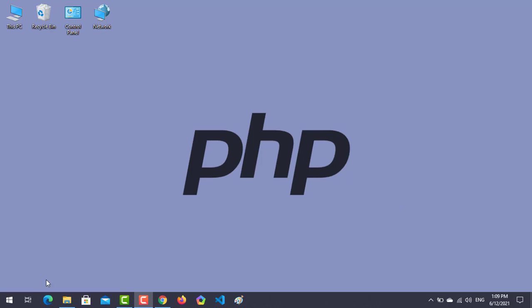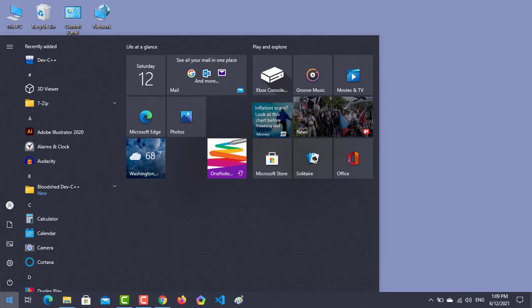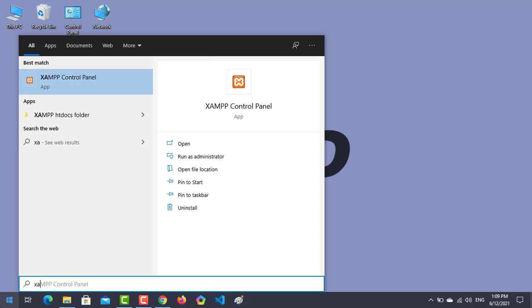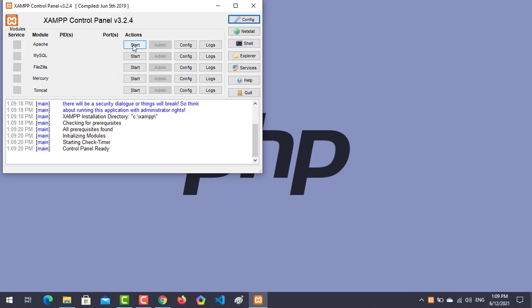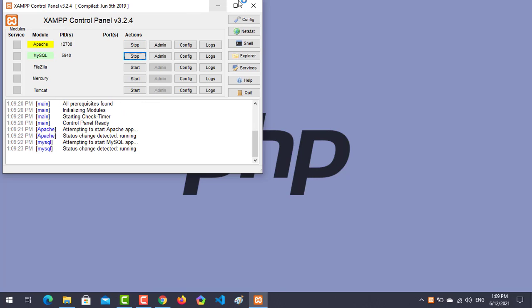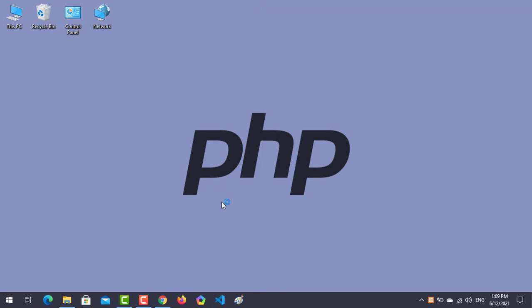So the first thing, we have to run the XAMPP. So I will run it. I will start the Apache and MySQL. So the second thing, as you know, that we have to locate our folder.